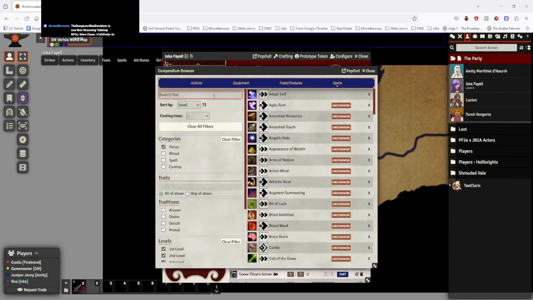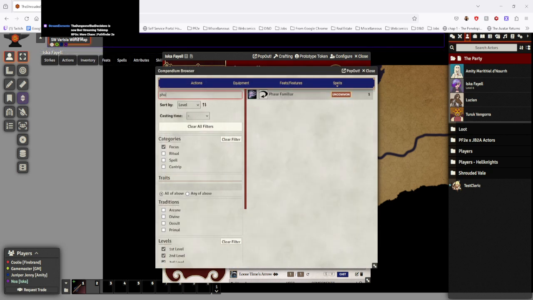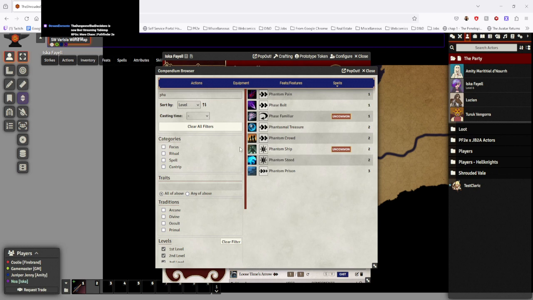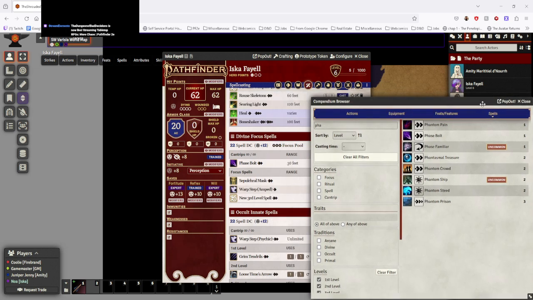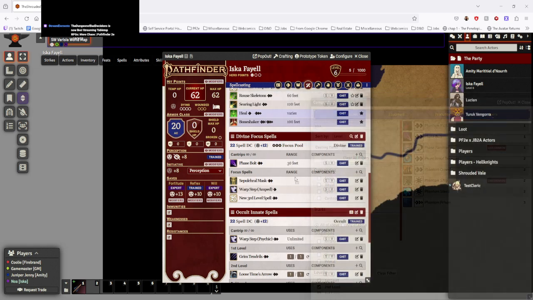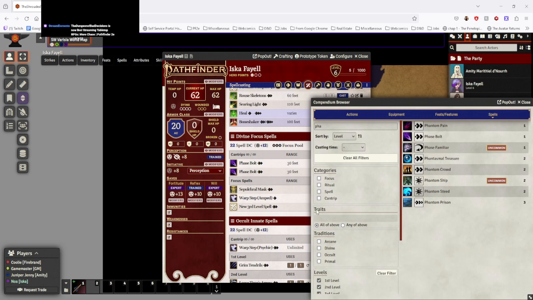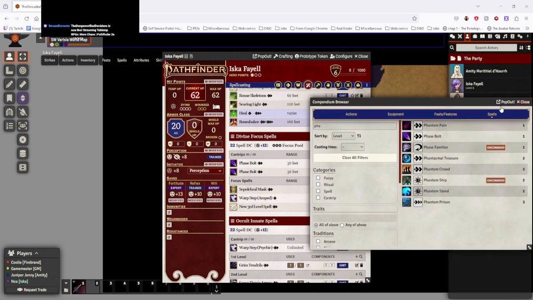Was it telekinetic projectile or phase bolt? Phase bolt. Well, I've got phase familiar. Switching that spell. Let me undo. Yeah, I see phase bolt. It's still showing up as a